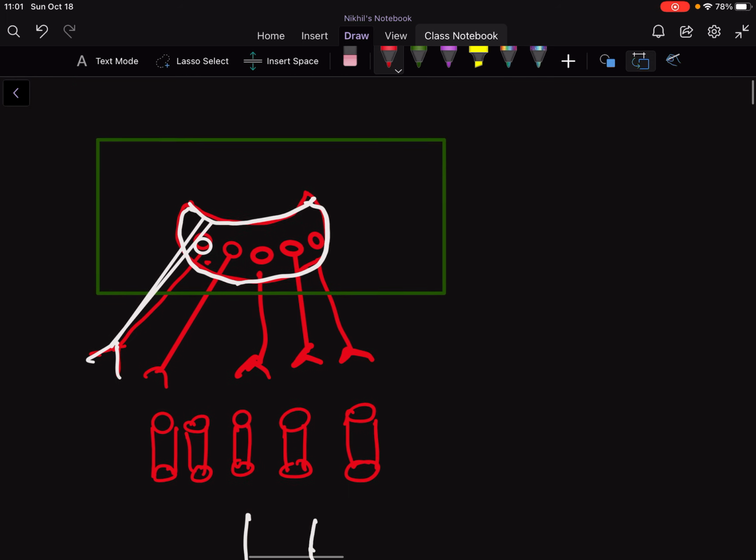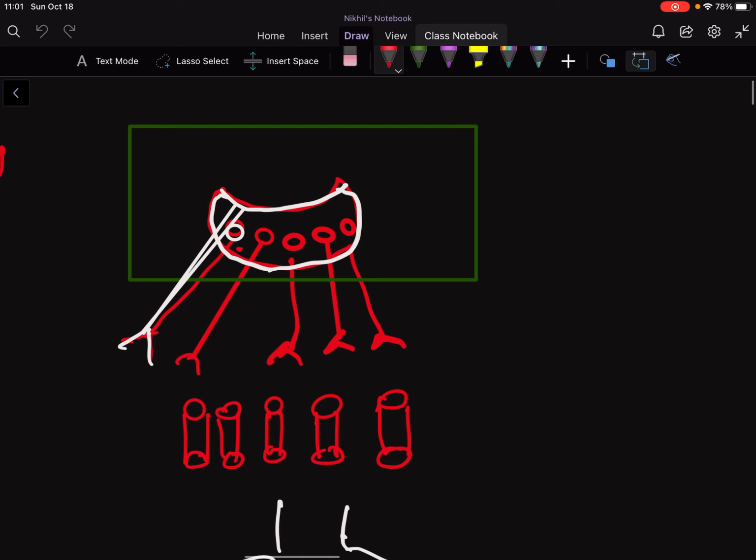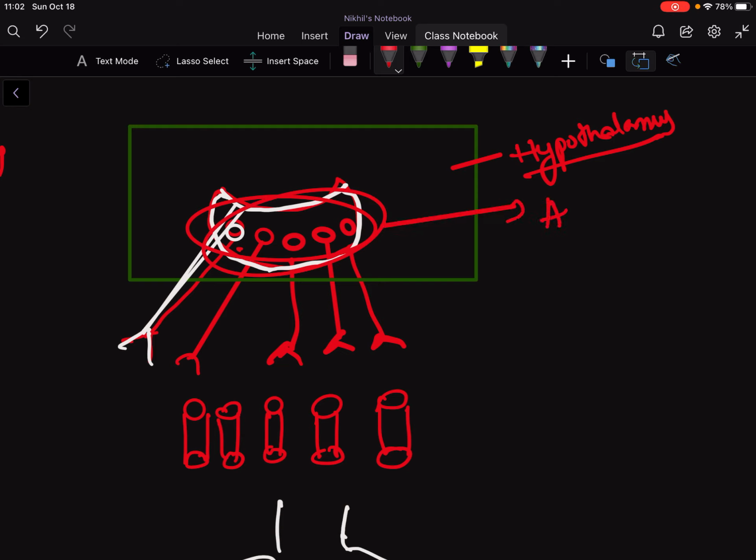So what happens in the hypothalamus we are going to see now. As you can see, this is the hypothalamus. In the hypothalamus there is an arc. You can see this is the arc. It is shaped like an arc, so it is called the arcuate nucleus,